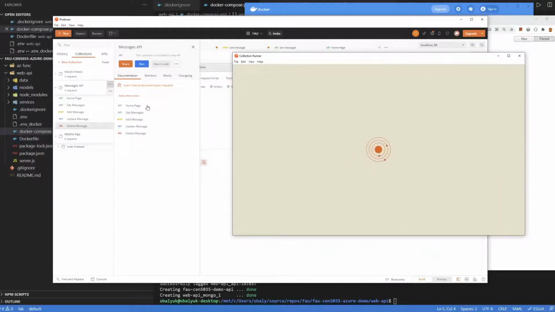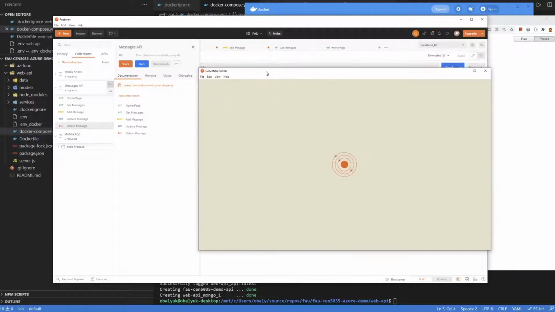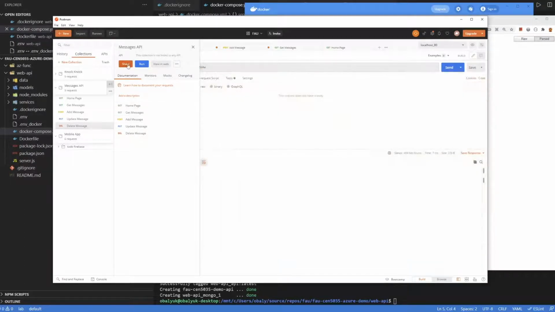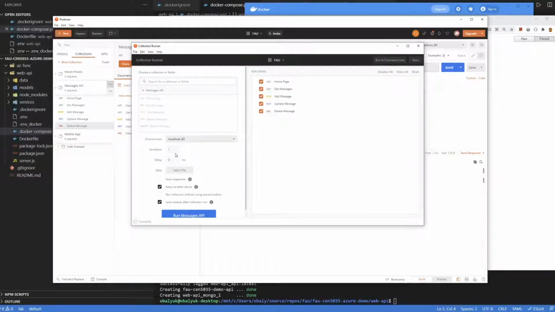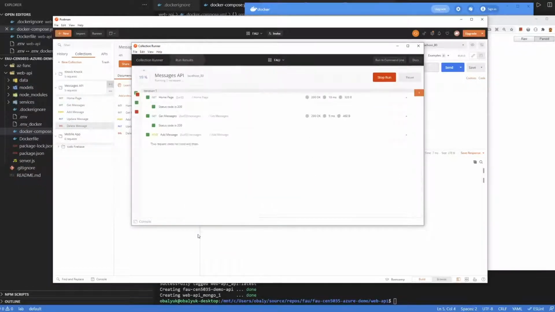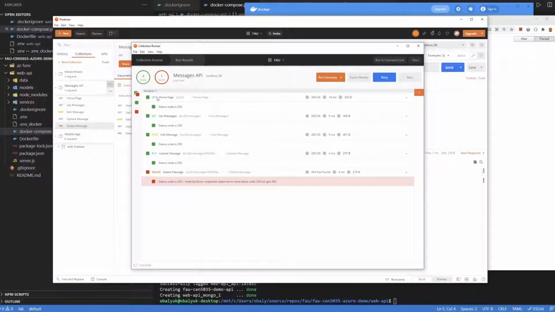Once these tests are coded, once they verify the data in the payload request, payload response, we're able to take it further and run all of them in sequence in order to generate a test report. Now, this is Audit, usually spins up very fast. Okay, here it is. So we can click Run Message API, and you can see that it executed all of